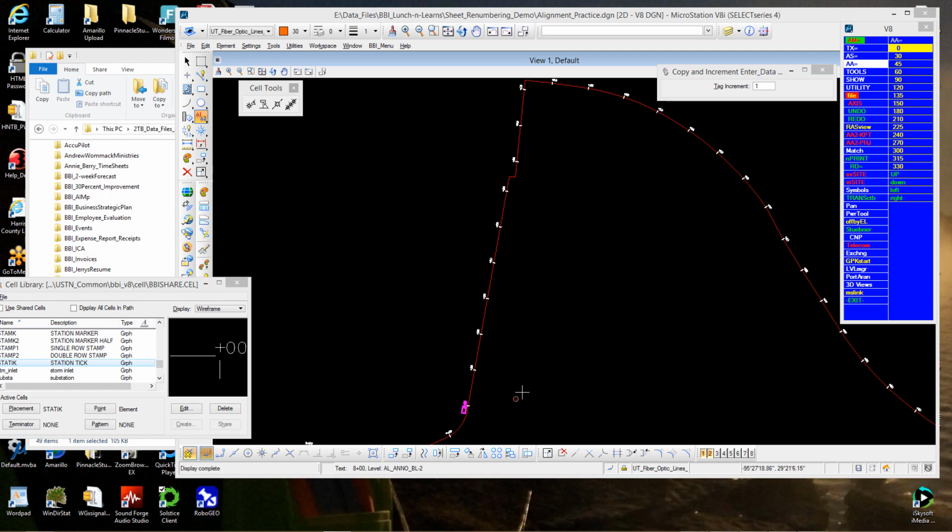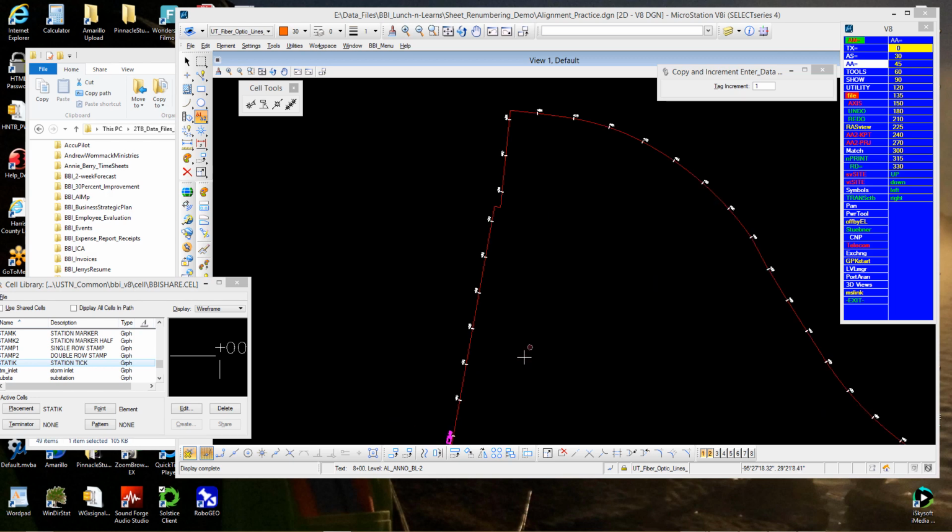Now, is this the way I always do it? Well, it's not the way I always do it. When I'm in irregular curvature and such, yes. But when I get on a long stretch, I can give it one command and it'll just put 50 of them in there. I'll show you that in a minute, because I think we do have a long stretch over here. But when I'm out this far,